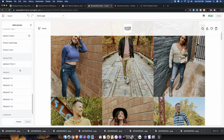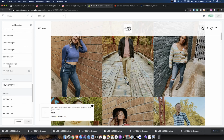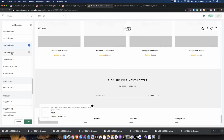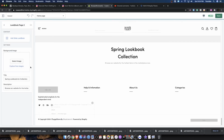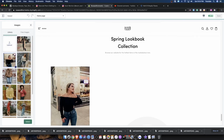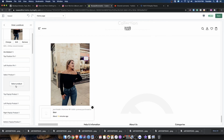Let's see here. We have newsletter. We have slideshow. Let's just load another one. And did I misread it? Yeah, Lookbook. So Lookbook version 1, Lookbook version 2 is a good version. And we would add a slide. And this is just an example, guys. This is not necessary, you don't have to do this, but you'll see here